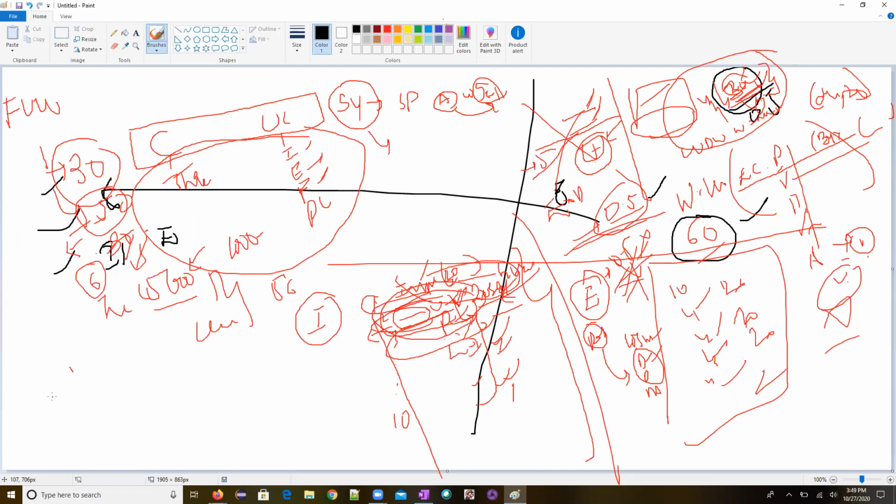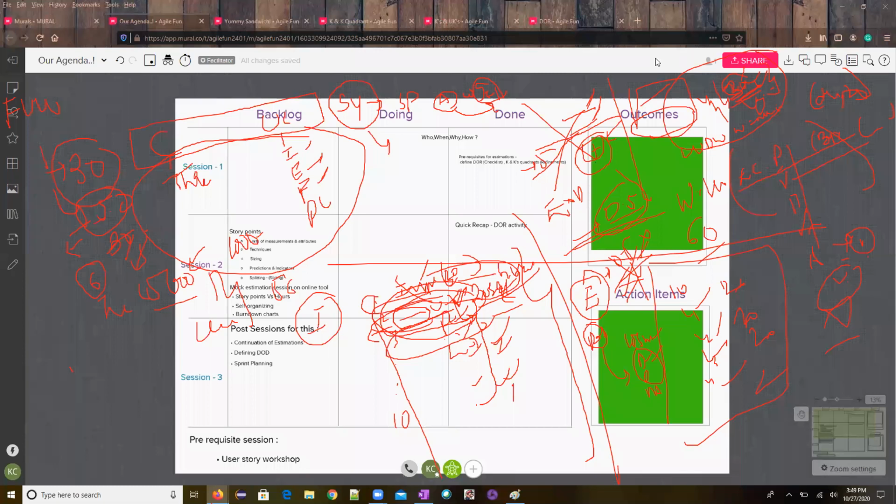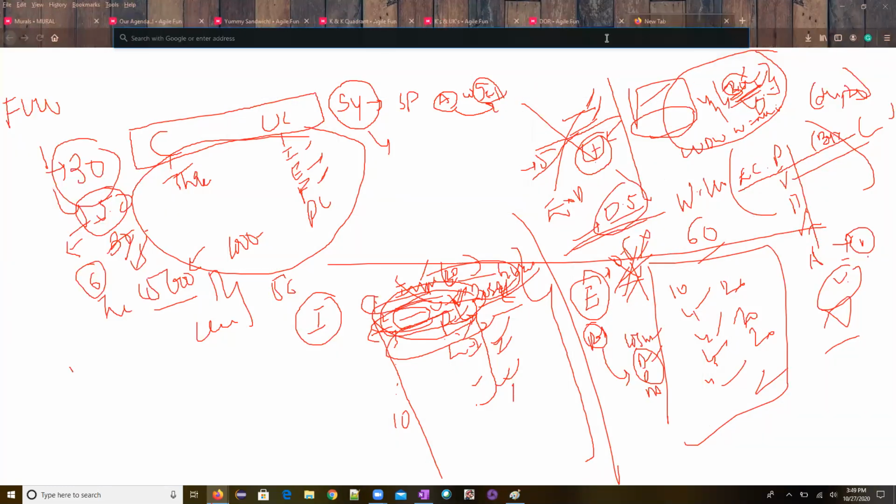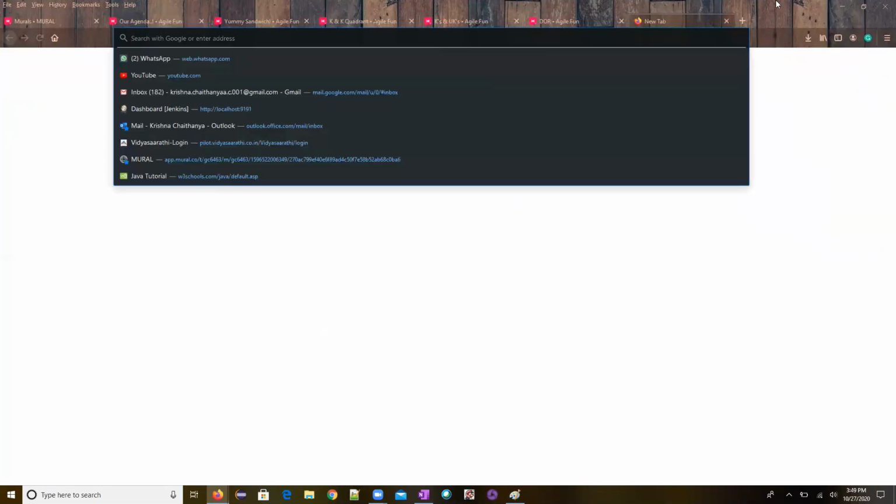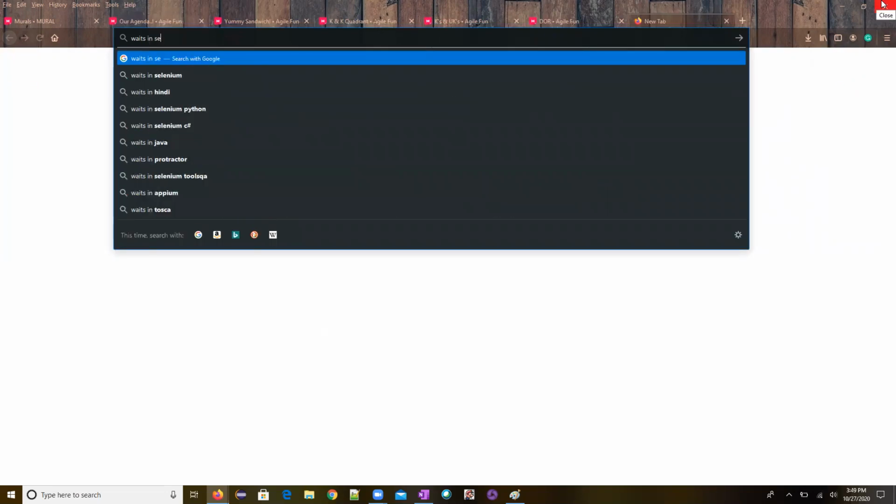Then you can ask me a question, Chris: even in the implicit wait you say the same thing, right? What is the difference? In fluent wait, I can ignore a specific error. So this error I can ignore, and if we get any other error, it will stop the execution. But implicit wait, whatever we get, you can proceed further. That is the difference between the implicit wait, explicit wait, and the fluent wait. I'll show you the implementation part also, so that it will be very clear. So, waits in Selenium.